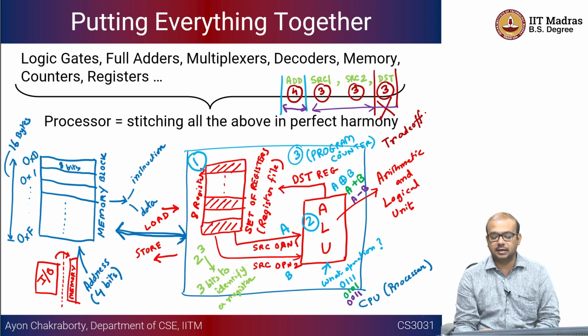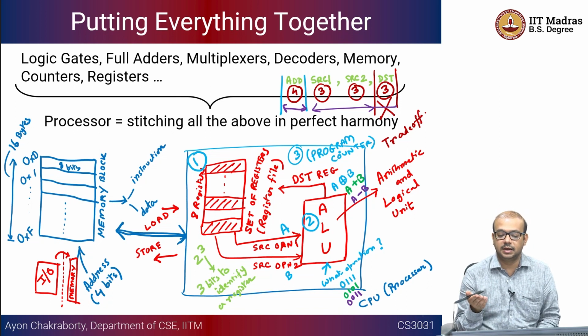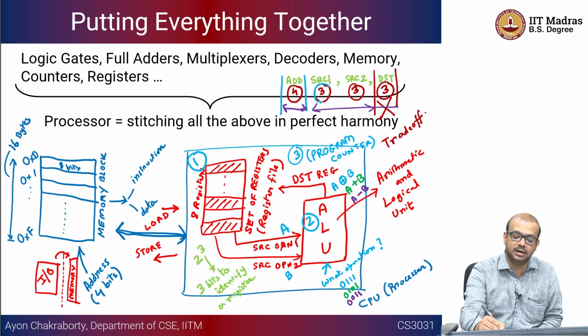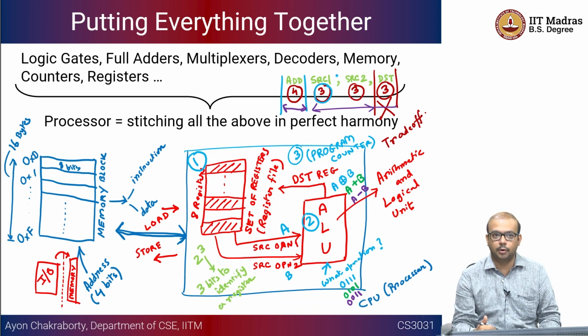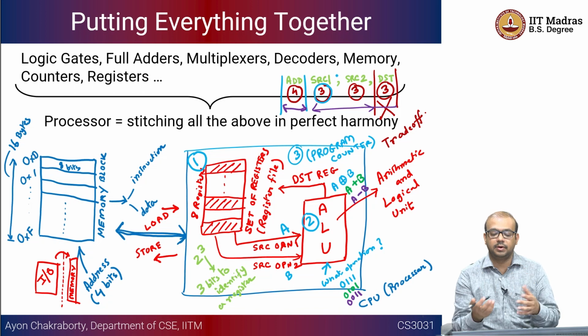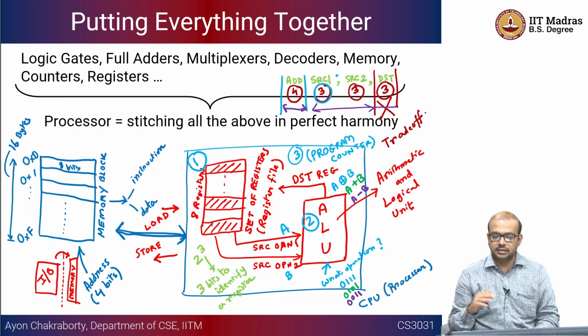And apart from that, there are some special registers which basically figure out, based on the instruction, like suppose I am giving an instruction, again add src1, src2 and so on. These 3 bits that represent the source register, some decoding has to be done, right, because by seeing that address you are going to find out which register is going to be loaded, from which register you are going to read the output. Those things you require circuits for, you require multiplexers, decoders and so on, and of course there will be a lot of use of